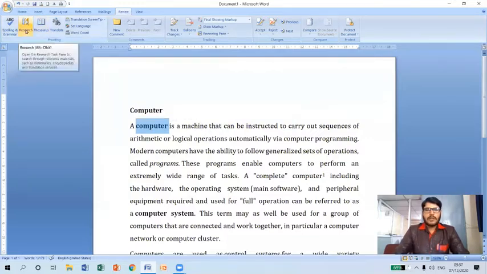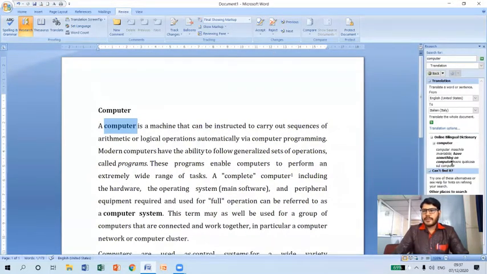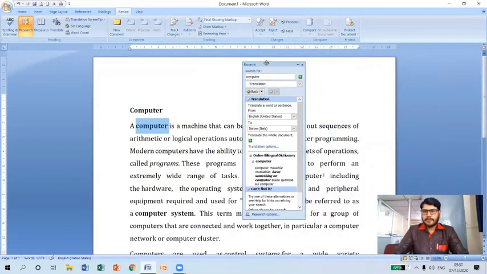If I click on this research option, it will open the research task pane so that it can search through reference materials, dictionaries, encyclopedias, and other translation services for the user. Let me show you. After clicking research, you can see we are getting the research pane at the right hand side.